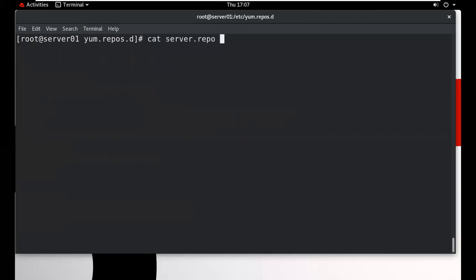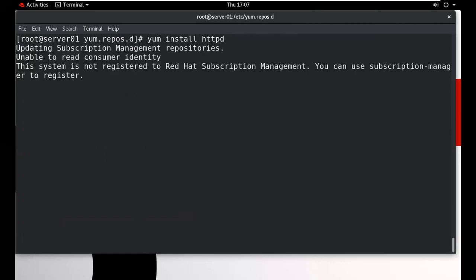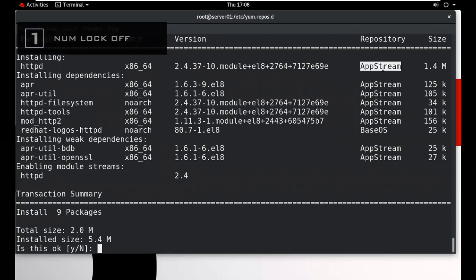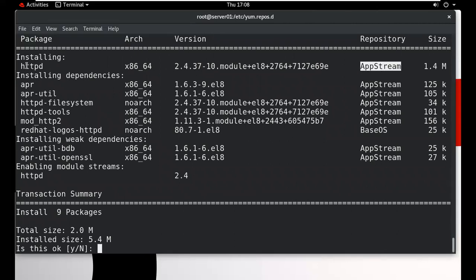Now we want to install these packages, and we want to install the packages by using this particular command. Now this will install the HTTP package. Now you can check this package available in this particular location. This is the package. In which location is this package available? This is your repository. This is your database. In this database, this package is available, and this package is available in this particular database. This package is available in this particular location.